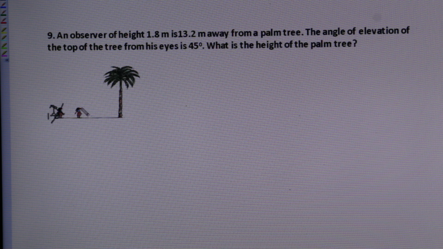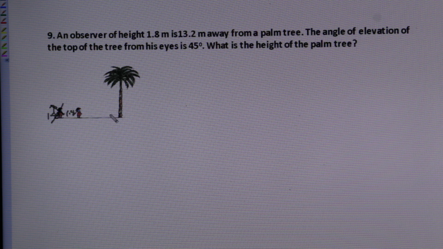Don't consider this one. 1.8 meters height is standing at a distance of 3.2 meters away from the foot of the palm tree. This is the palm tree. The angle of elevation of the top of the tree from his eyes,